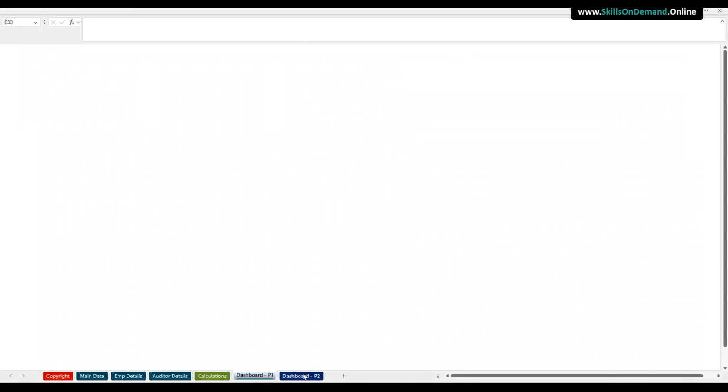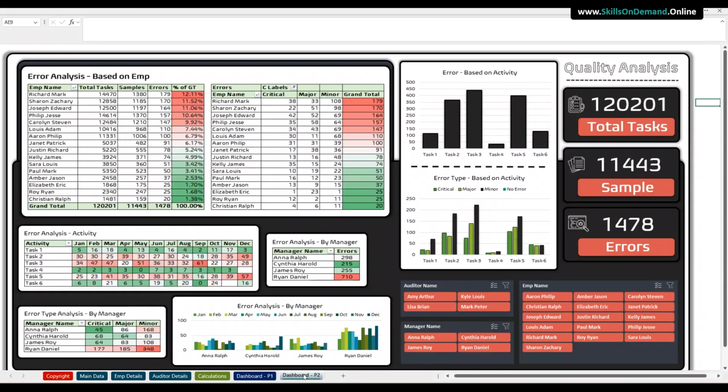In the second page, we have visuals that show error analysis based on employees, error analysis based on activity. This will help us understand which activity is causing more errors and which activity is causing less errors. And then error analysis based on manager, error type analysis based on manager. This will help us understand employees under which manager has better quality and employees of which manager needs training to